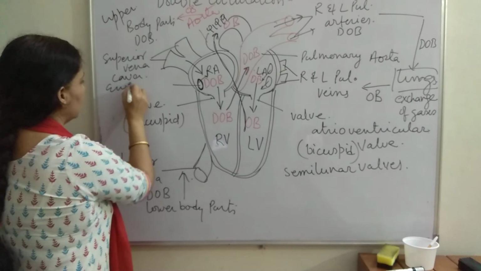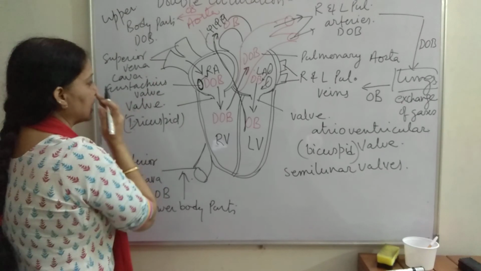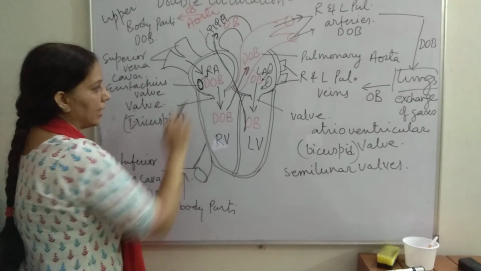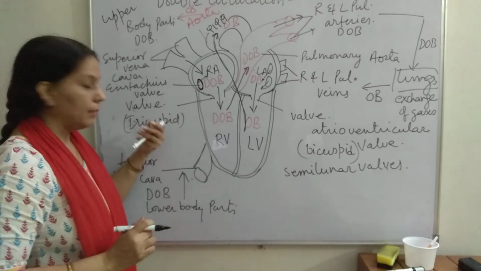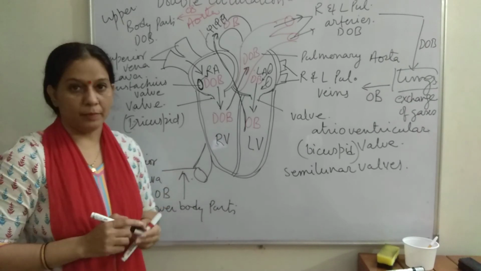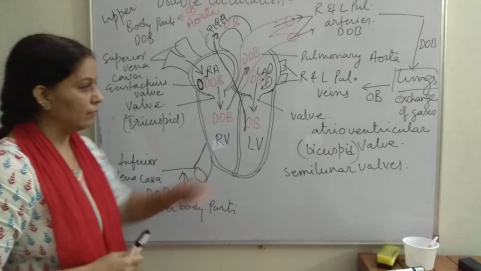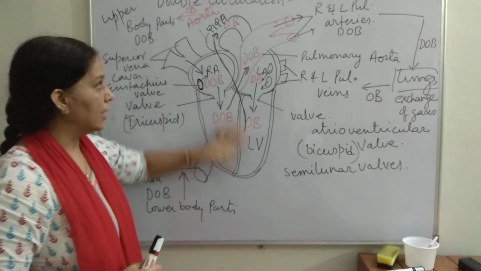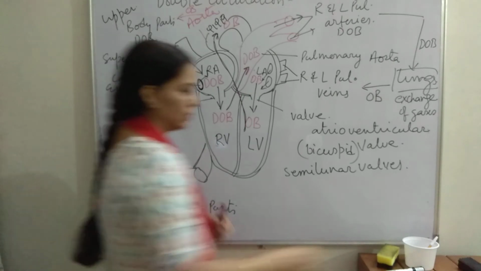And one valve is here in the right atrium. It is called eustachian valve. It is controlling the opening of inferior vena cava in the right atrium to prevent the backflow, because blood coming from the lower body parts through inferior vena cava has low blood pressure, so it may flow backward. So to prevent the backward flow of the blood, we need valves between the chambers, between the ventricles and both the aorta. This circulation is called double circulation.